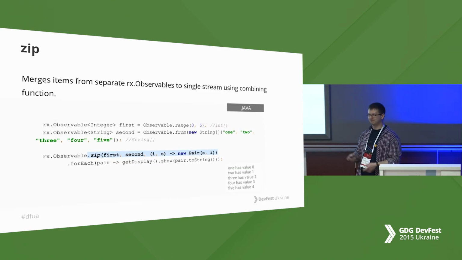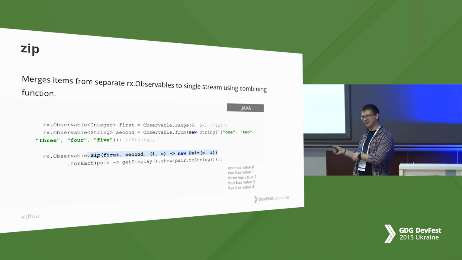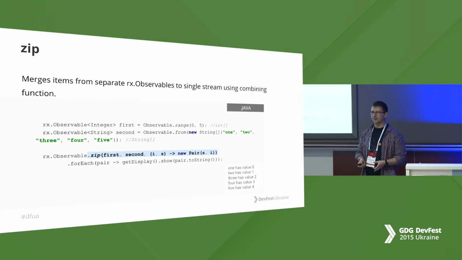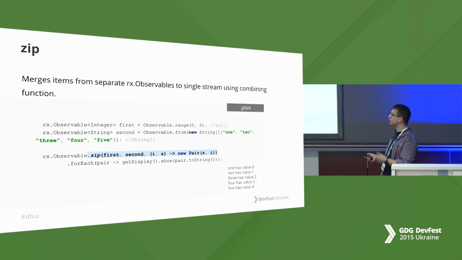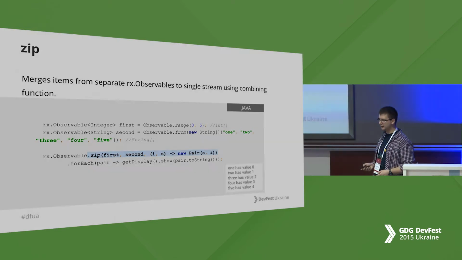Zip. Adds types, additional check. Just joining two streams and then applying some rule for combining them. And you will see that our join now contains not 5 plus 5 items from two streams, but 5 items joining each one: first with 1, second with 2, and etc. So here the type is defined exactly.